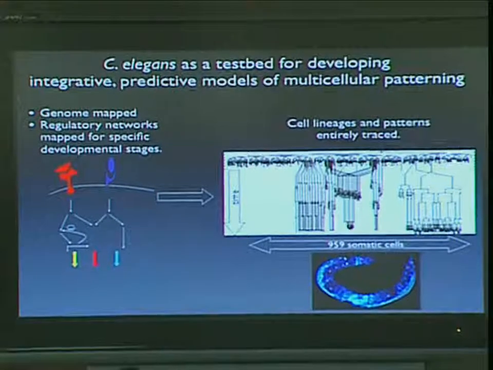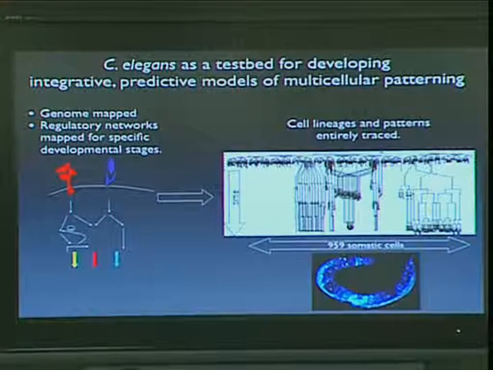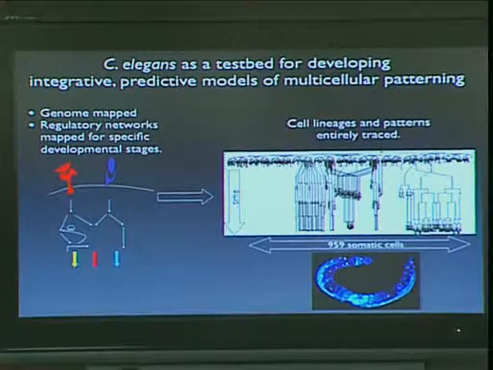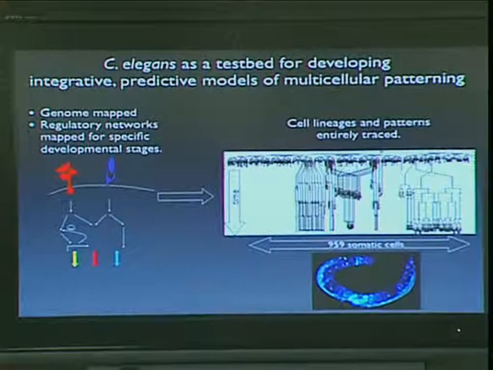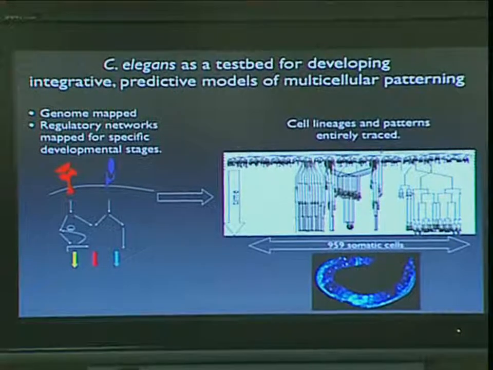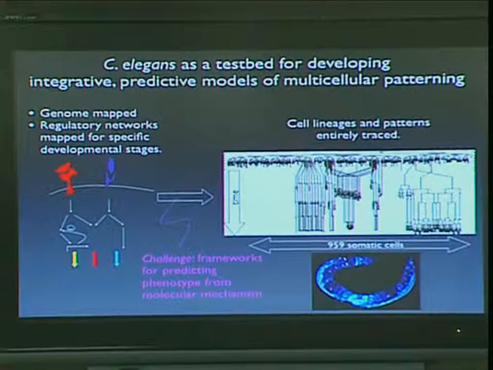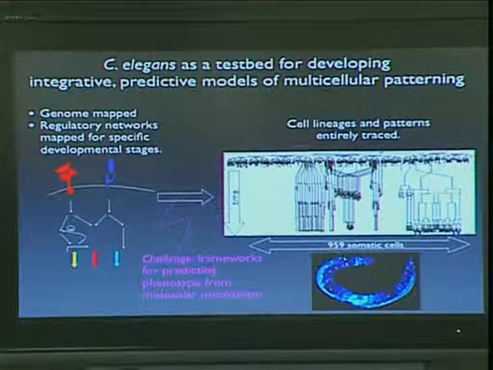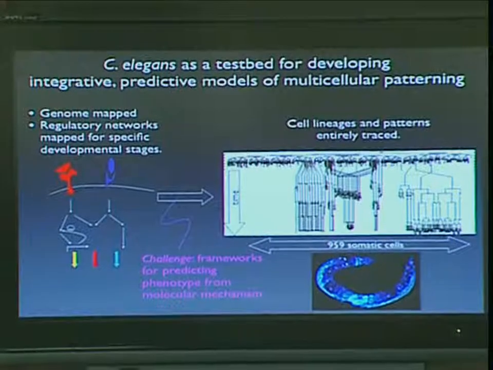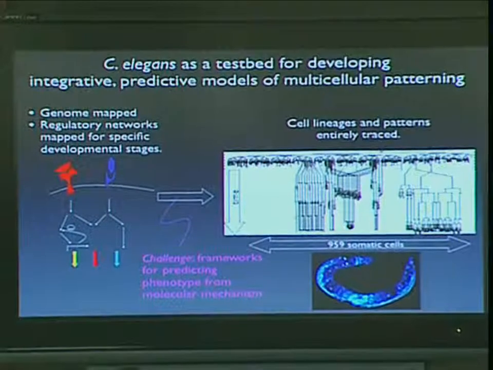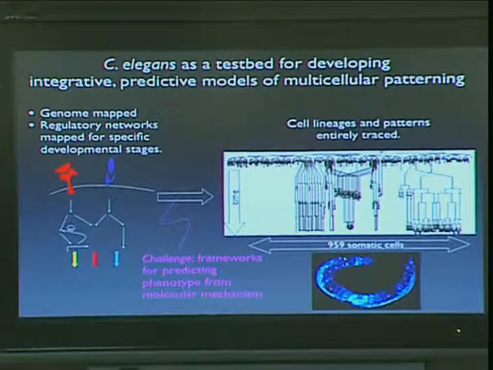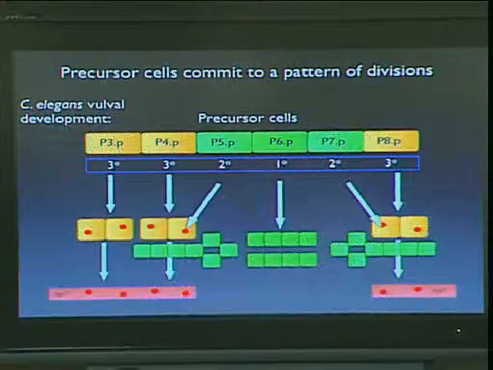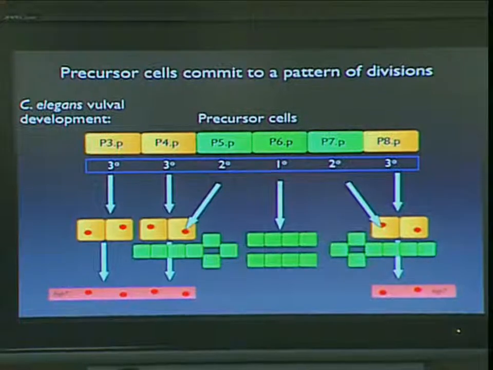The adult organism, 959 cells, are the endpoints of this tree. And for certain snippets in development, we also understand the network that presumably gives rise to that pattern. Okay. So we can undertake the challenge of simulating or encoding in some mathematical or computational framework the mechanisms and asking whether it predicts the outcome we think it encodes, and what else is possible from those mechanisms. So we focused on a system where 6 precursor cells in the C. elegans system